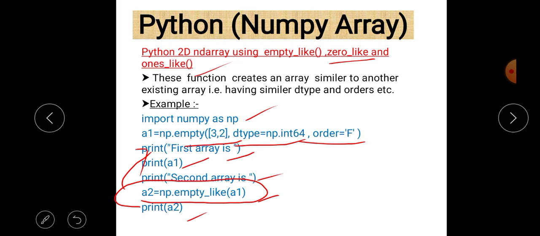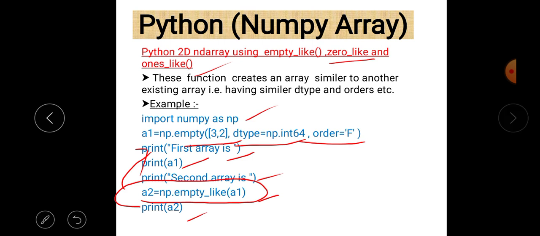In this case all elements are 0 or 1. In case of zeros_like, all elements are 0. In case of ones_like, all elements are 1, which is not the same in case of empty_like. When you create an array using the empty function and make a copy of it using empty_like, the elements are different because it will generate random garbage values.